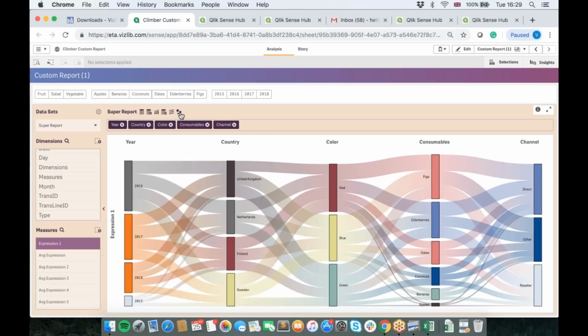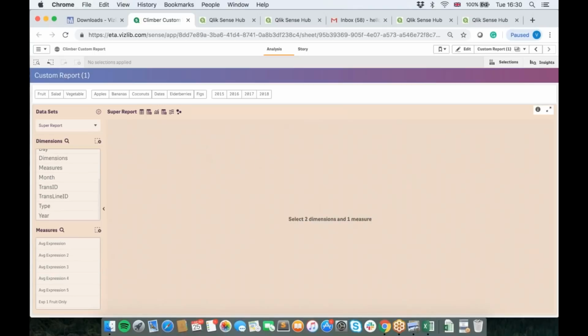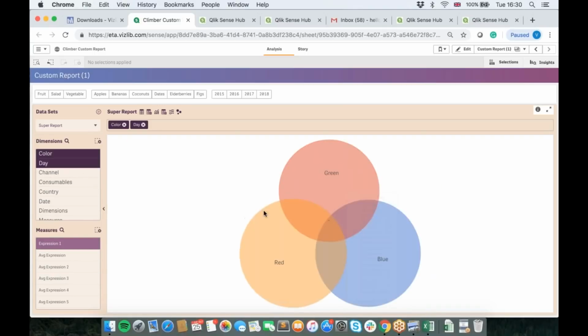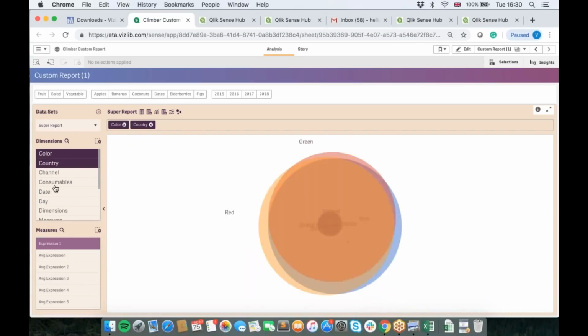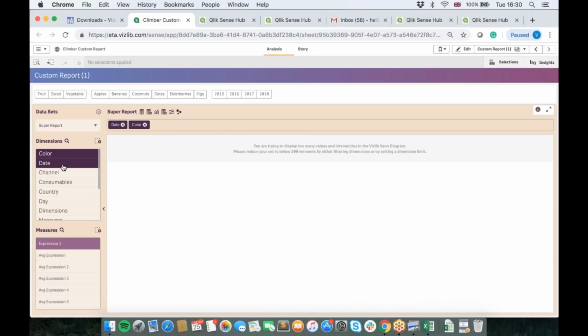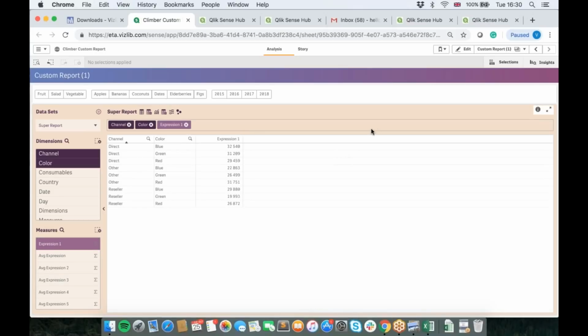And the Sankey chart has been added, and also the Venn diagram. So if I click here on the Venn diagram example, so these are the pre-configured presets, I can click here and then I can see here, now I have 2 dimensions. So I can now try to change, flick around different dimensions on the fly, and see if I find something interesting in my data set that might be worth sharing or might be worth effectively saving as a bookmark for yourself. So here's the Venn diagram. I can quickly change to a table view, and this is the same underlying data. So really powerful. And if you're a customer of both packages, you can leverage the best of both worlds in